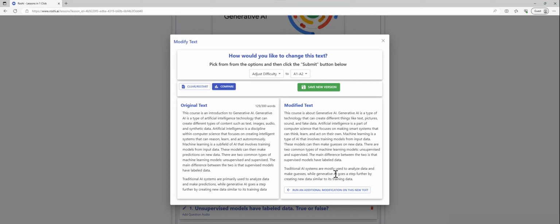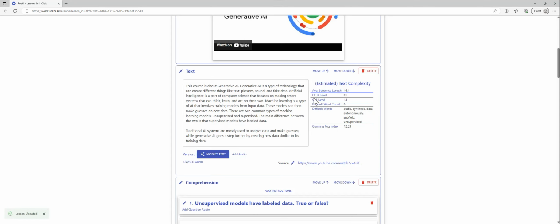And so we're not going to read all through this, but it essentially adjusted the difficulty to change from C2 to A1 to A2, and that was, if you remember, the CEFR framework referencing for beginner, intermediate, and proficient. Okay, so we can save that and go back,